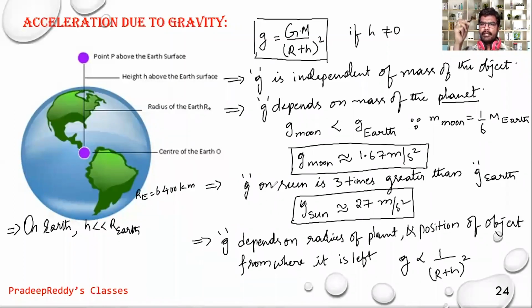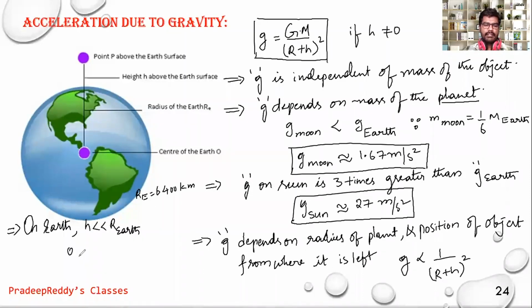Maximum, you can go to a height of 100 kilometer, 200 kilometer, 500 kilometer, not more than that, right? So if you are taking acceleration due to gravity at a distance of 500 kilometer, the h value you will put as 500. But if you are taking mass to a height of just 1 kilometer from the surface of the earth, 1 is very small compared with 6,400 kilometer. That is the reason why we can neglect the h value,